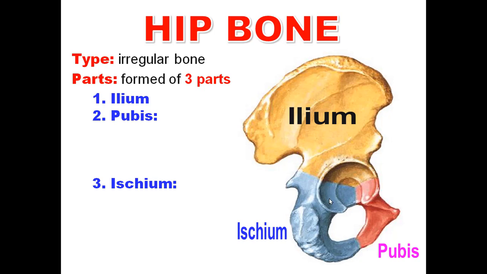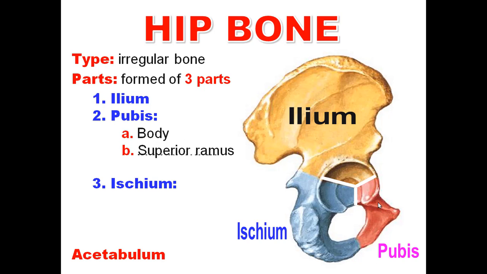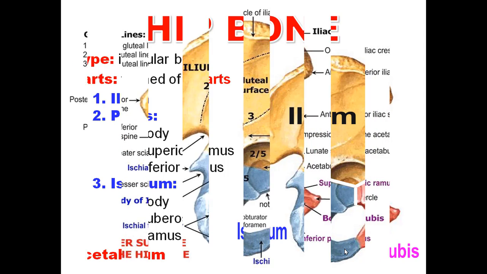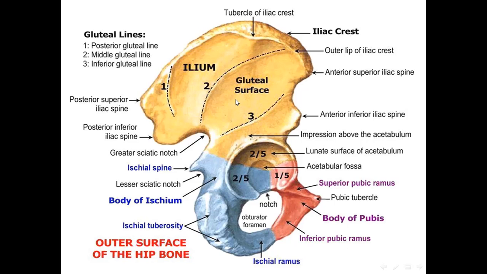The three parts meet at the acetabulum, where the three bones are separated by tri-radiate cartilage, which ossifies at the age of 12 years. Regarding the pubis, it is formed of body, superior ramus, and inferior ramus. The ischium is formed of body, ischial tuberosity, and ischial ramus. Okay, so the ilium is the upper part, pubis is the lower and the anterior part, ischium is the lower